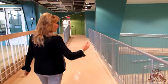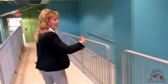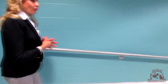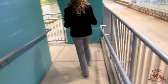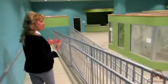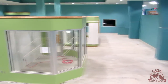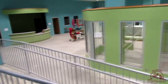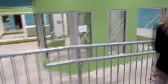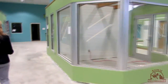Okay. On one side of the building here, we've got a handicap ramp, and the other side we've got stairs. So we'll head down. And as you can see, we've put really uplifting colors in the building because when you come to this facility, we want to make sure that people are happy and cheerful. And so we try to pick colors that really are wonderful as you walk in the building and are very inviting. Now you'll get a better look at our feline exercise areas and the cat condominiums. As we head to the back of the room,